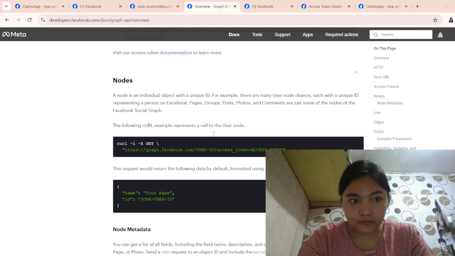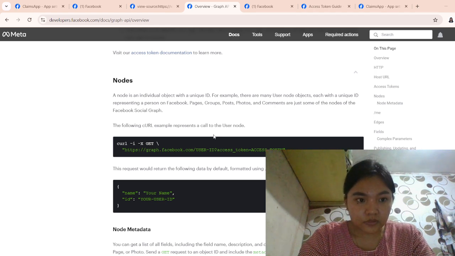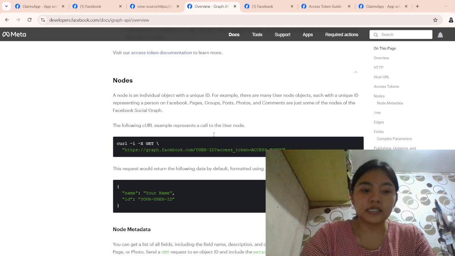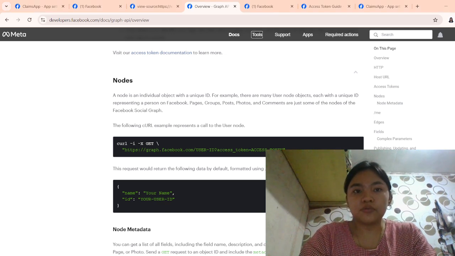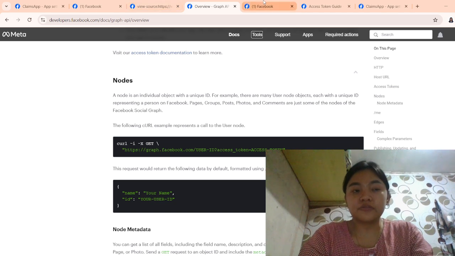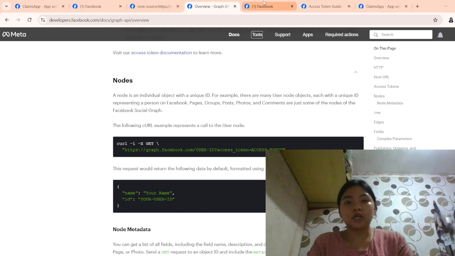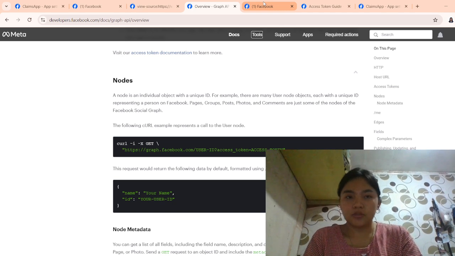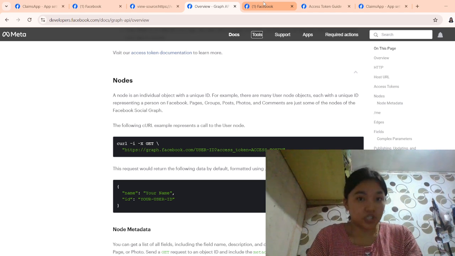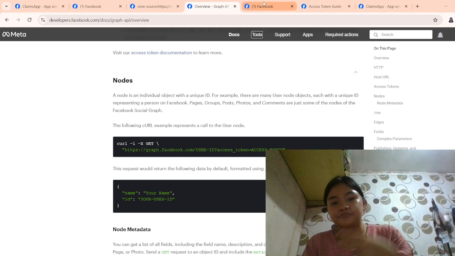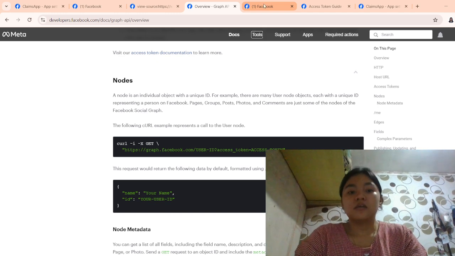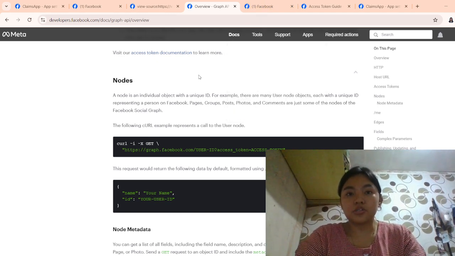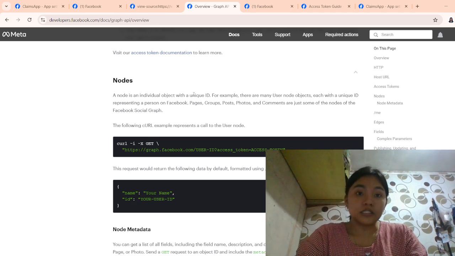Next is to include any insight or challenges you encountered and how you resolved them. The first thing I resolved was that registering in developers.facebook.com was a bit complicated, because I cannot access my Gmail. Second, it was a lot of work to access my user ID, because even though I kept researching about it, it was still not working.